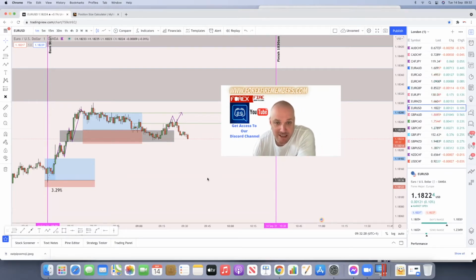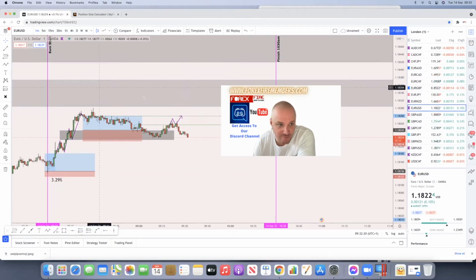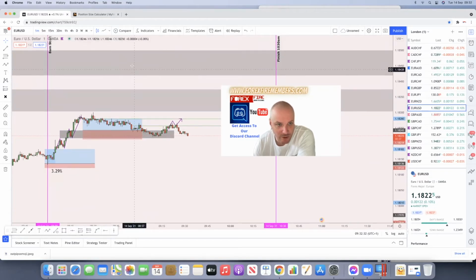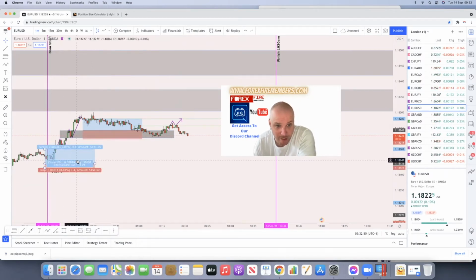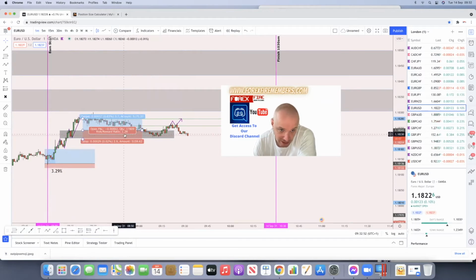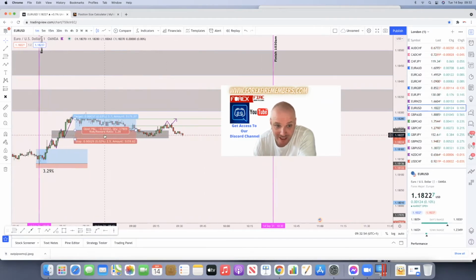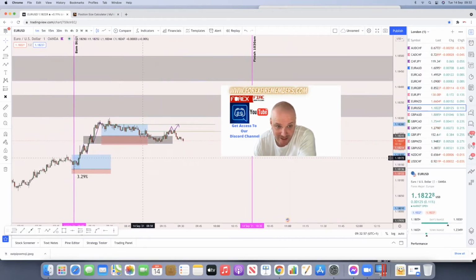The general bias, again, just to run this back with you, was the 15-minute time frame. We've got order blocks above us here, where I was hoping we were going to have a continuation of trend and reject from these upper areas. Okay, all's not lost, simply because we've got a 3.29 take this morning straight off the bat. However, still holding structure, guys, but we are in a consolidated phase.